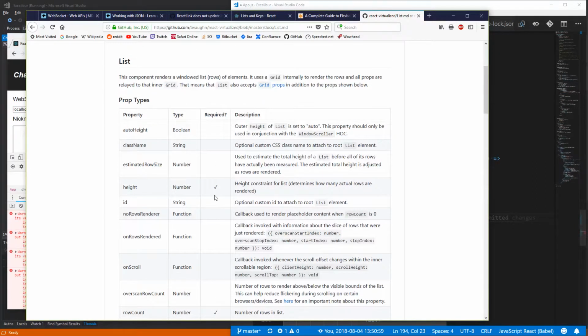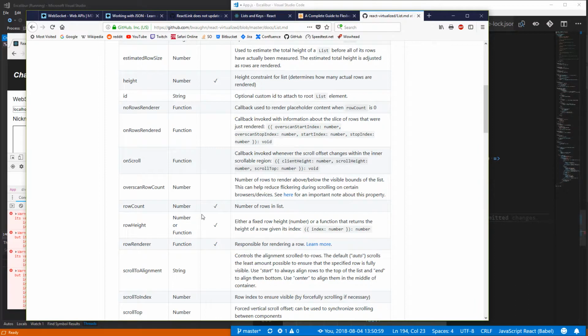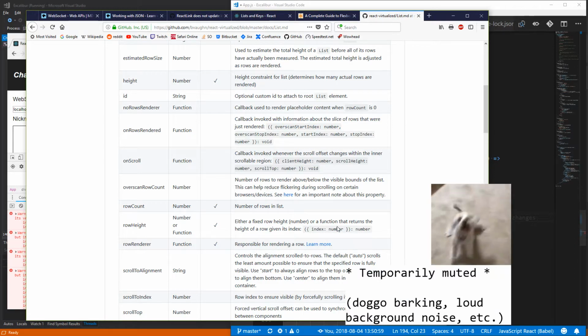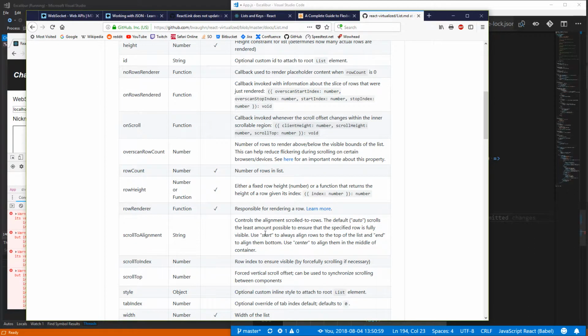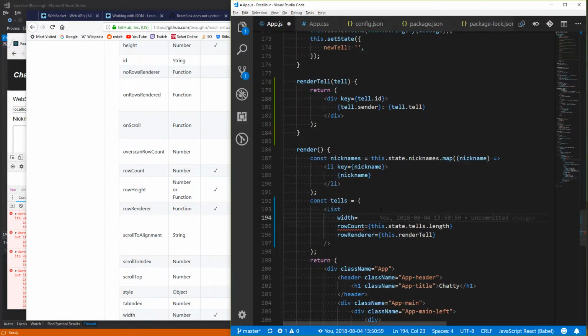Oh, they marked it if it's required or not. Bark, bark, doggo, bark. Okay. Either a fixed row height, or a function that returns the height of a row given its index. I wish I could just tell it to auto size it, but